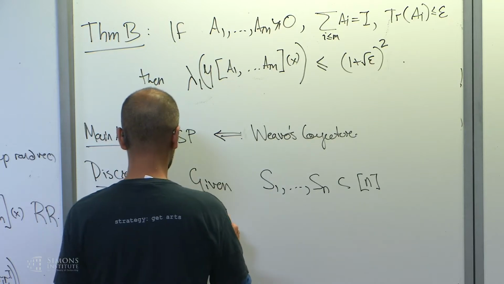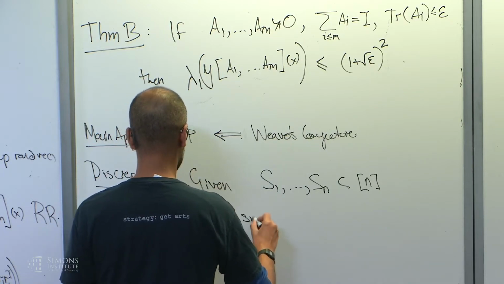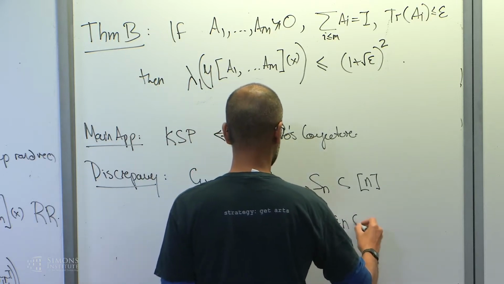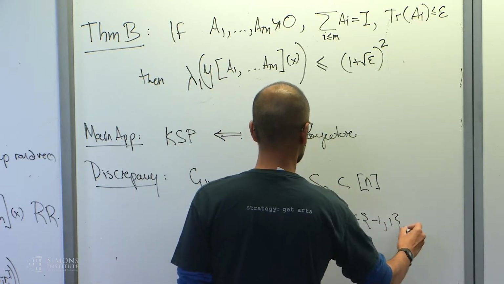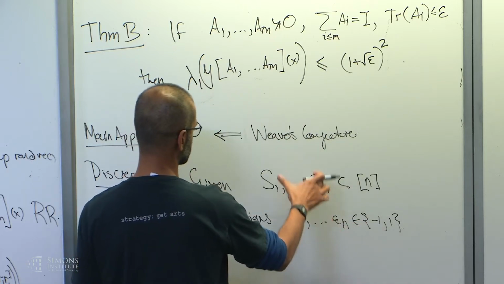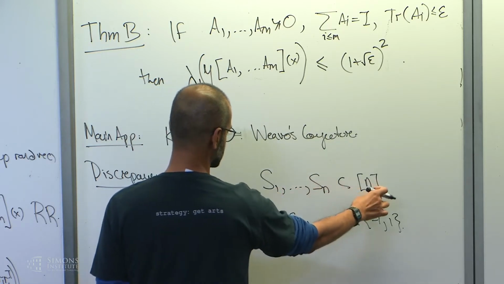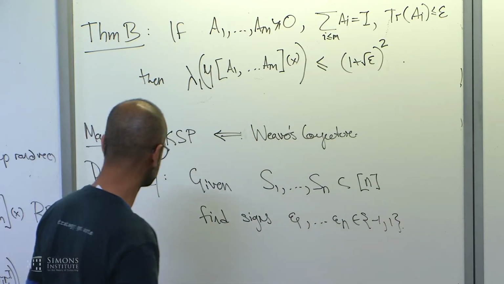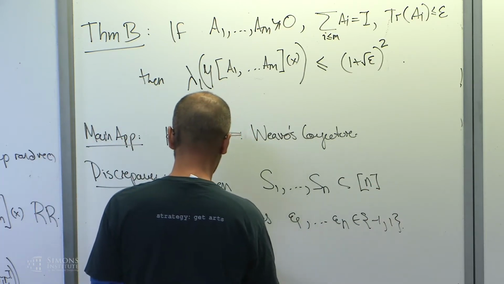Well, the goal is to find some signs, epsilon 1 up to epsilon n. You can think of these as a coloring of the elements of the set, or a partition into two subsets, positive and negative, such that